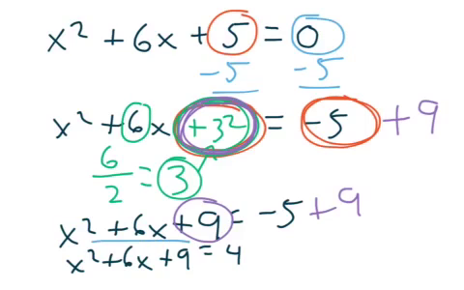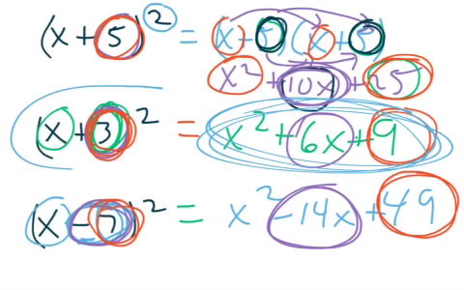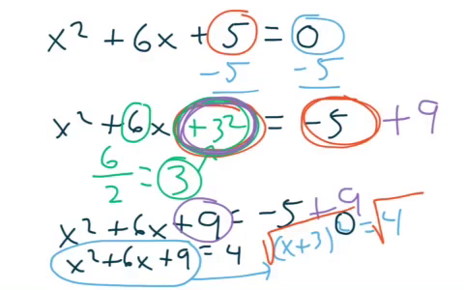Wait a minute. Isn't this a perfect square? Now this is a big leap, but again, looking back here, wasn't x squared plus 6x plus 9 the same as x plus 3 squared? Yes, it was. So this is really x plus 3 squared equal to 4. Okay? And if x plus 3 squared equals 4, can't I get rid of the square by doing a square root? So I'm going to square root both sides, and I'm going to get x plus 3 equal to,